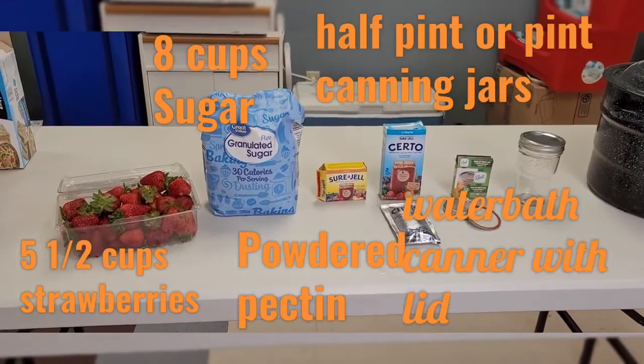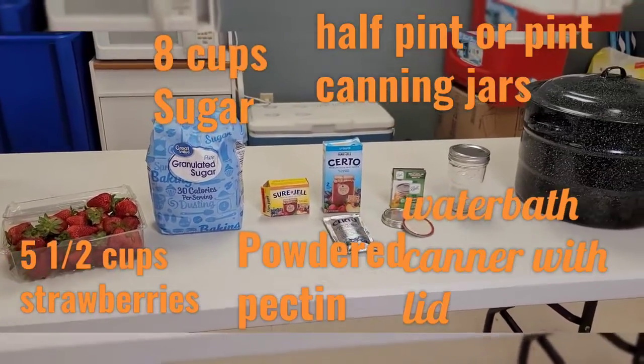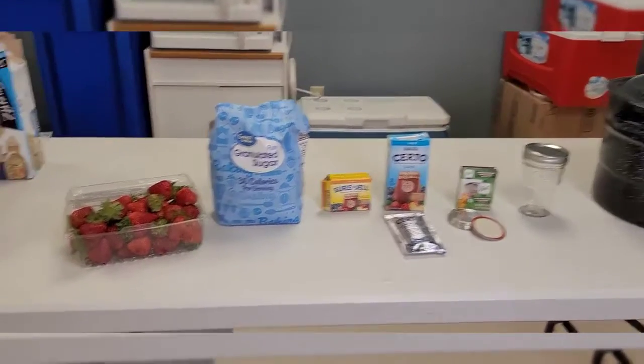Before we get started, let's look at all the supplies that we're going to need to make our strawberry jam. You're going to need